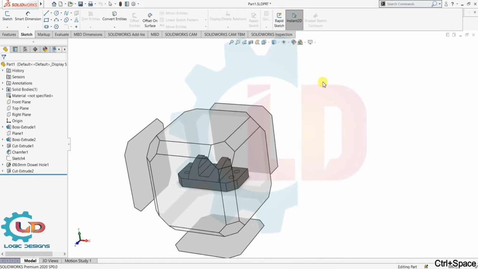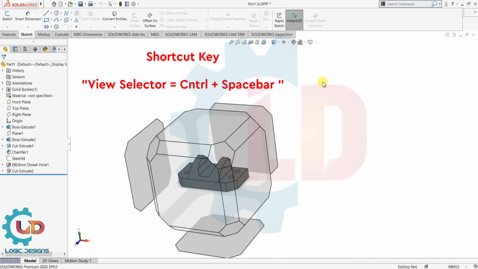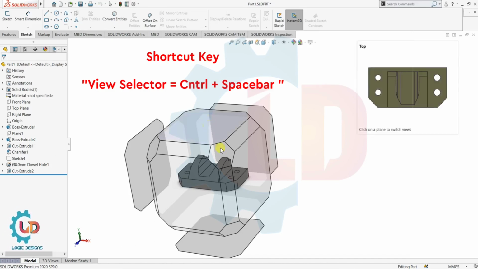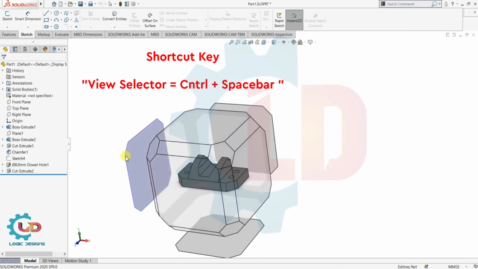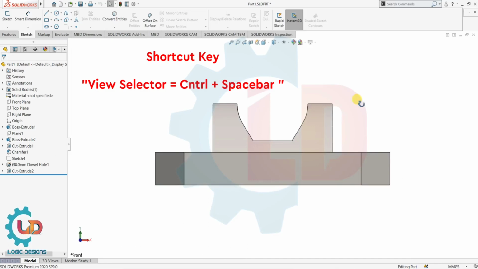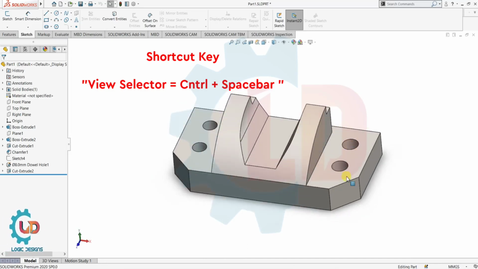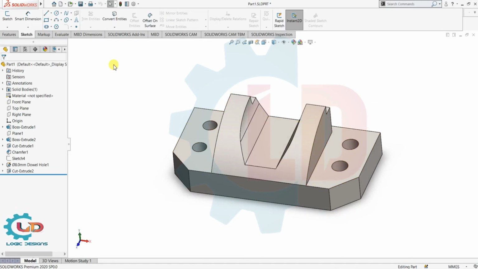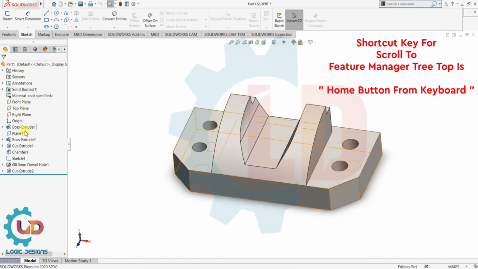Our next shortcut key is view selector. For that, we need to press or hold Ctrl plus space bar. Now you can see here the view selector options are now displayed, where you can select the view that you want in your drawing. So our next shortcut key is scroll to feature manager tree top or scroll to feature manager